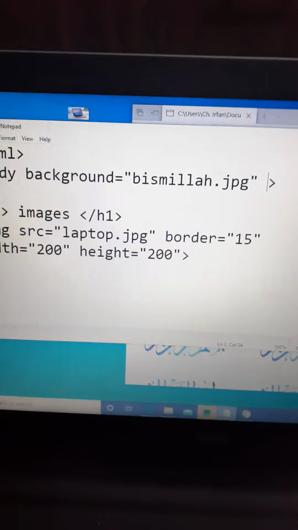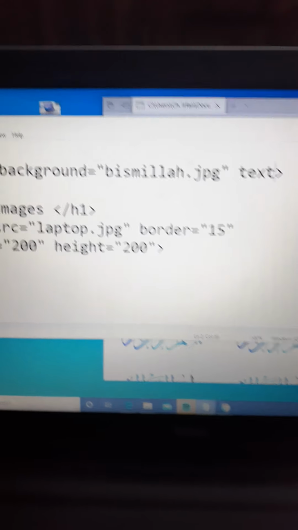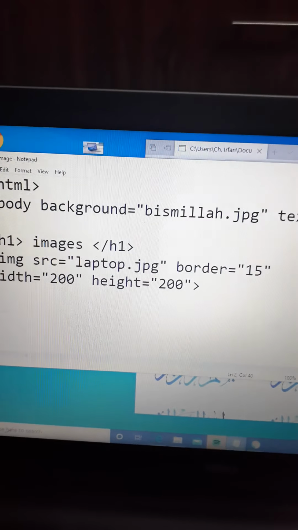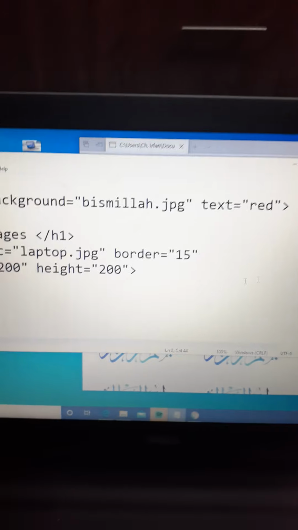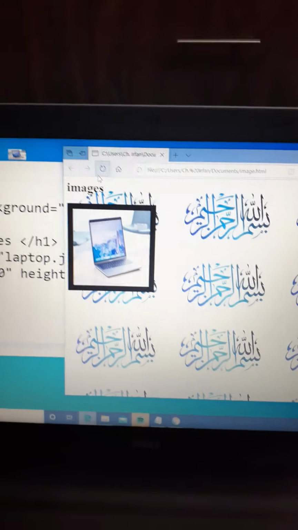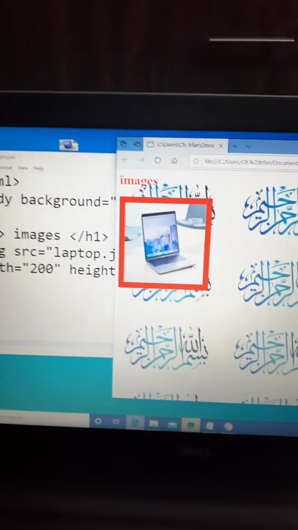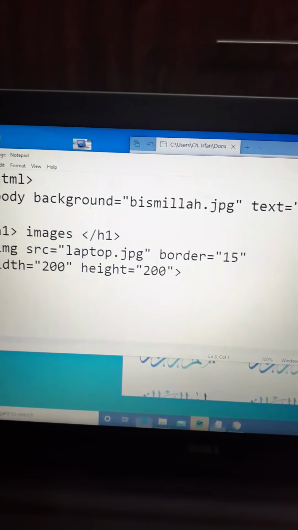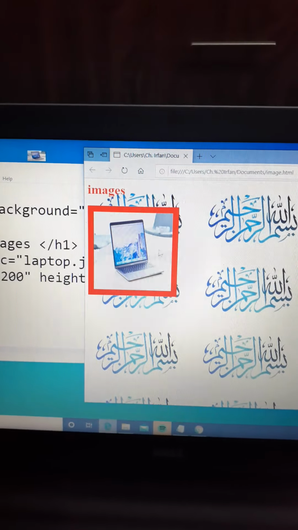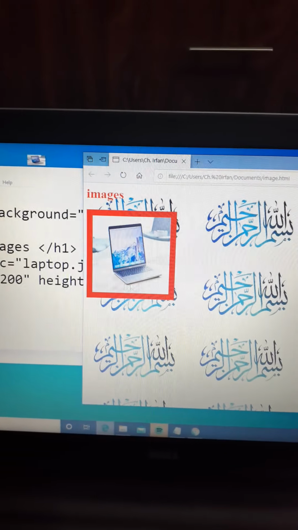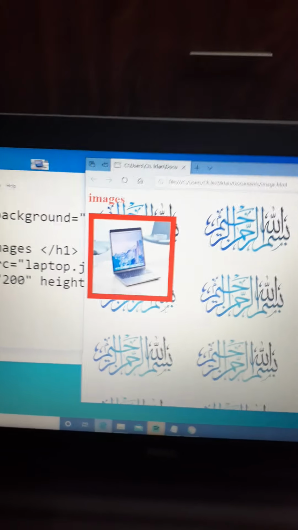If I write here text is equal to red, then save it, Ctrl S, and now see what happens if I refresh this file. See, now here I have written the background image Bismillah and the text is equal to red.